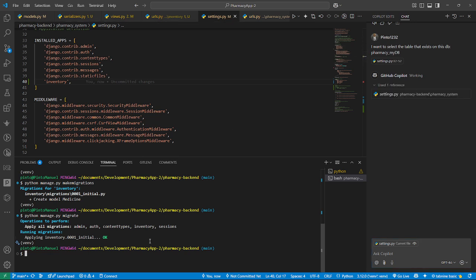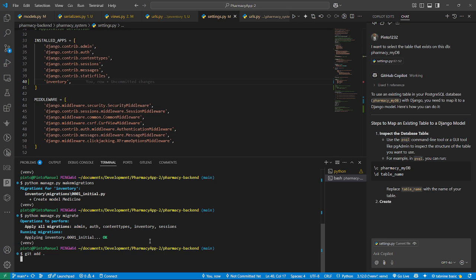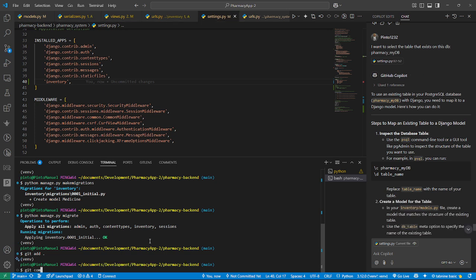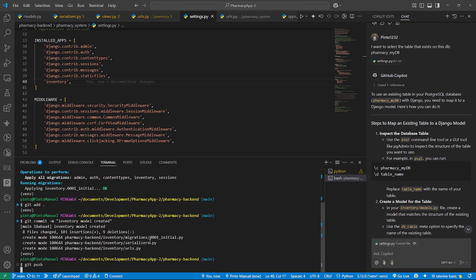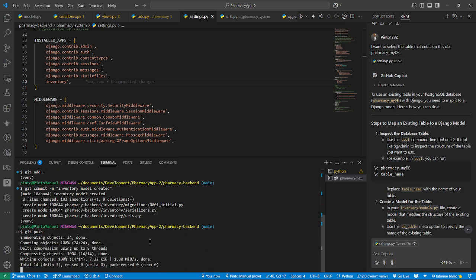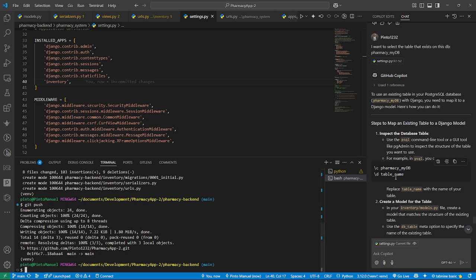In the meantime, let me just commit this code as well. Git add, git commit, inventory model created. Then I'm going to push. Then once it's done,